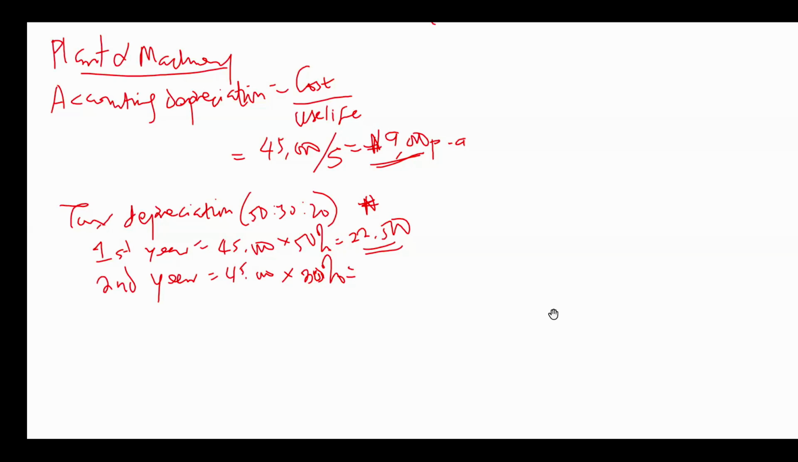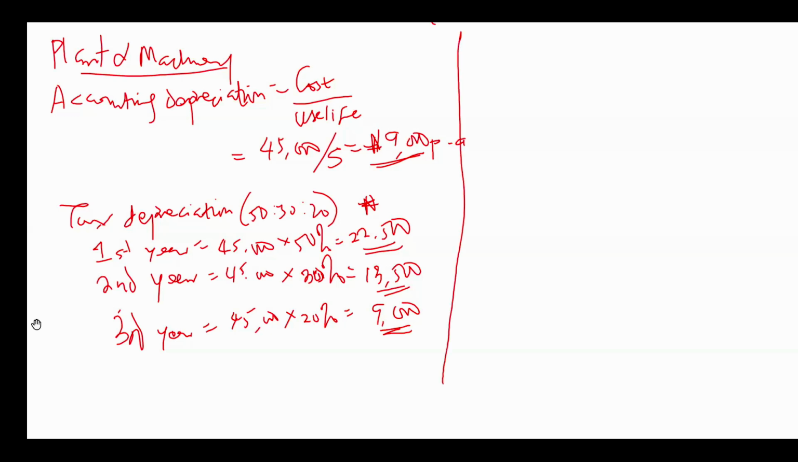That's 135. So this should be 13,500. Yes. And in the third year, times 20%, 45 times 20 is like 90 or something. So that should be like 9,000. All right. So now what I need to do is to compare